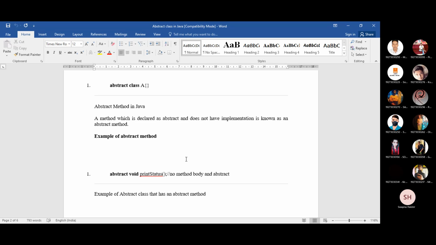There will be no curly bracket and no instruction statement inside the body of that method. That means you are just defining the return type, then the name of the method, then the parentheses, then a semicolon. That will be known as the abstract method.